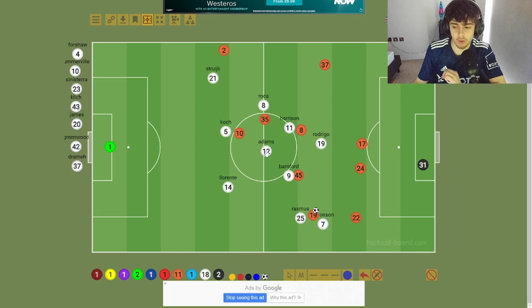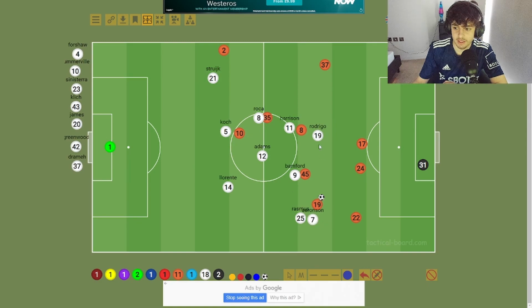So what that does is it creates space for Adams and Rocker to operate in here. Whereas before Bamford was up there, and Harrison and Rodrigo were out of the picture, meaning Romeo Lavia in here had space to turn and pass. But here Bamford sat deeper. He's on Romeo Lavia for this one. And it's given Rocker and Adams that space to cut out these passes in here. Gineppo comes up here. There's no options on. You can't go here. Rodrigo's watching this area. Bamford's here. Harrison's on Ward-Prowse.